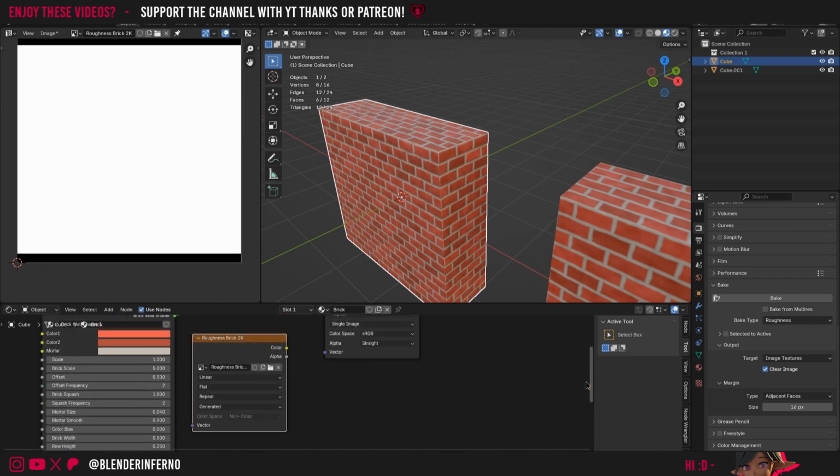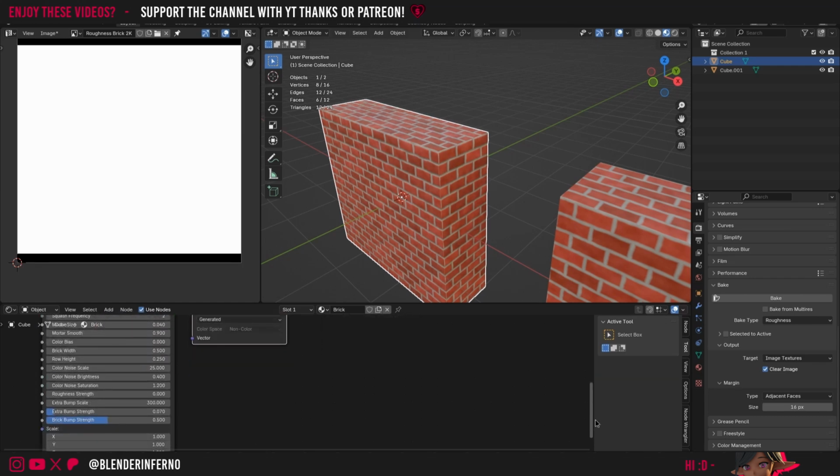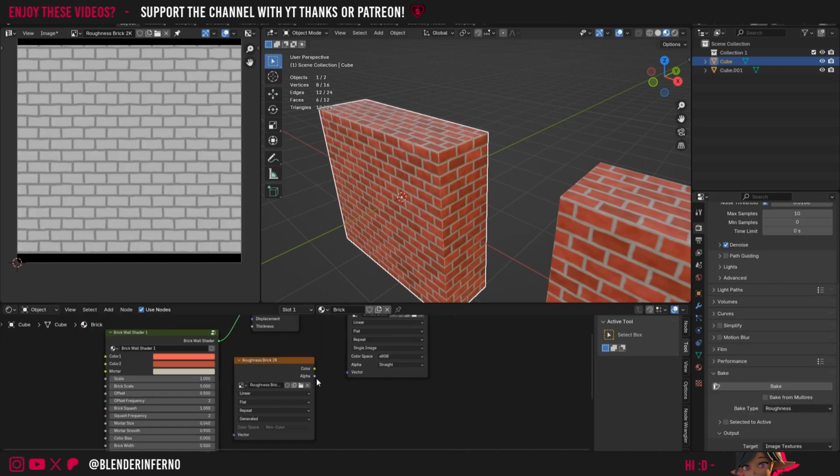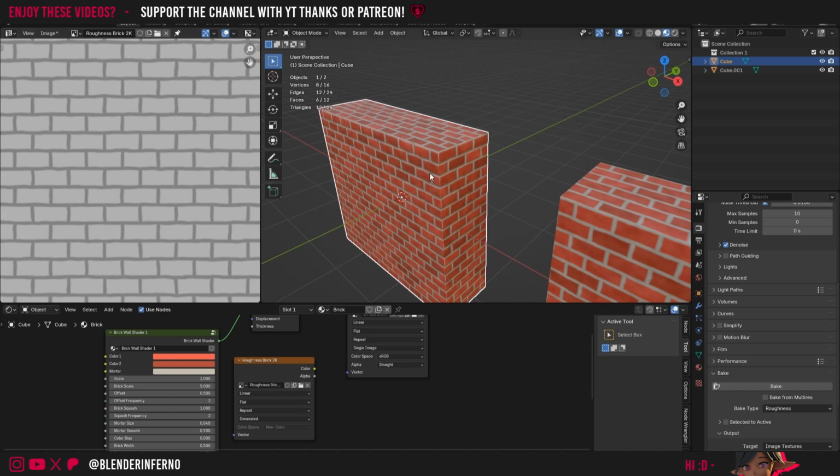Of course, if you do want it to be a bit rougher, you can still set it a bit higher, but 1 was a little bit overkill, I think. So I'm just going to set it to 0, and then we can left click our roughness brick 2K texture again, and then just choose bake again. Awesome, so now it's finished baking. You can see we've got a much better looking result here, and this actually looks like it has some variation